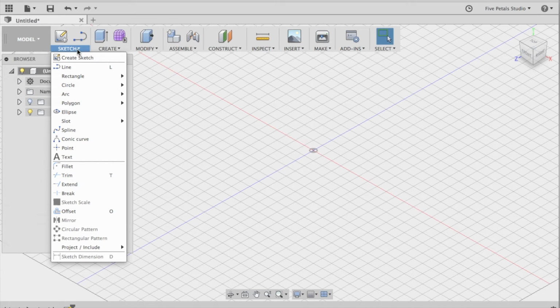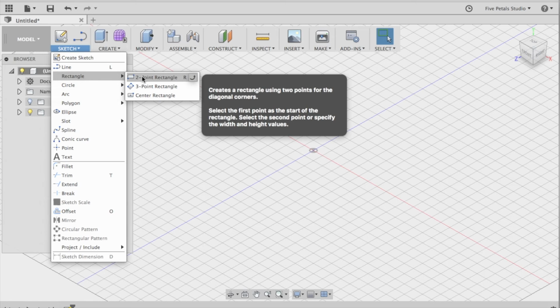The mirror tool is really like a reflection. Like if you look in the mirror, you see a reflection of yourself. So sometimes you want to design something where all the sides look exactly the same. So you don't want to risk drawing it separately because you may not get the exact same reflection. So this is when the mirror tool comes in very, very handy. So let's start with a